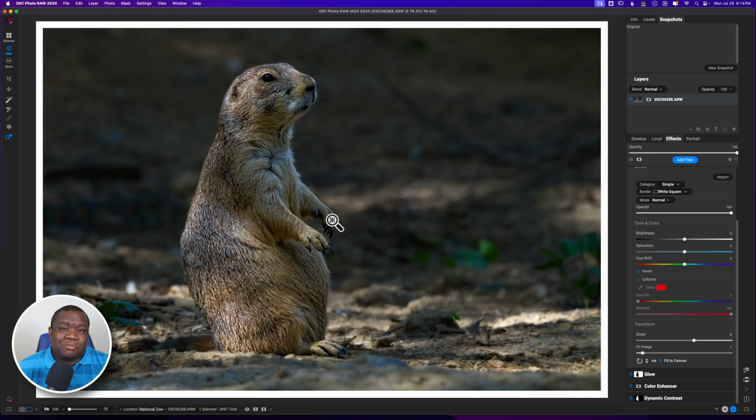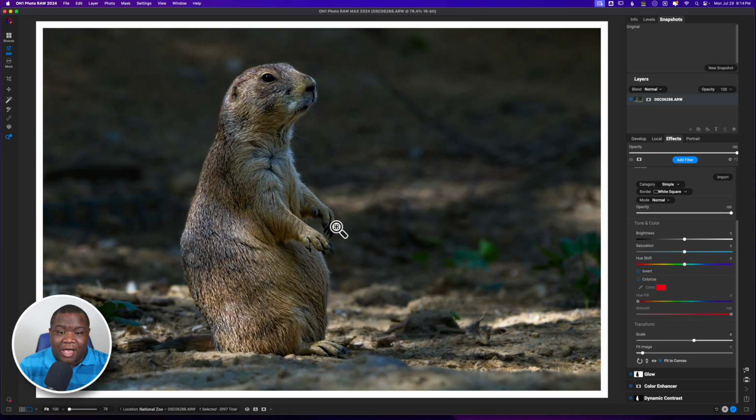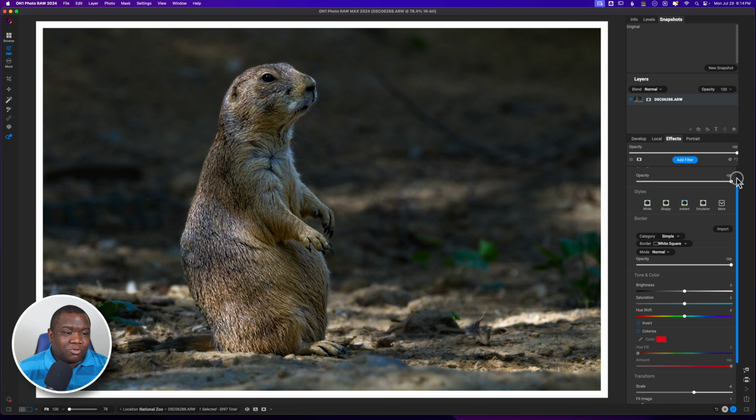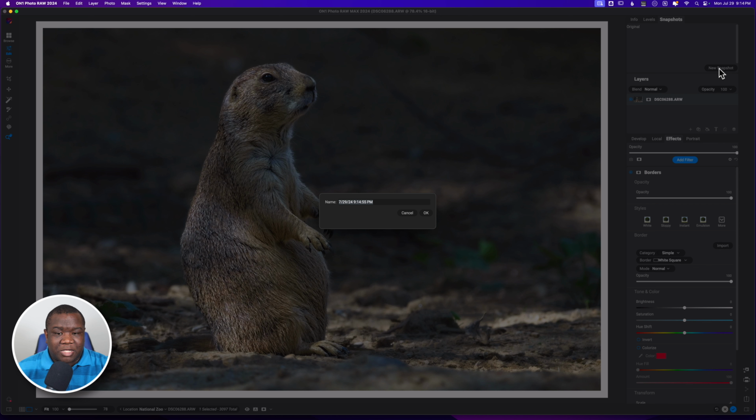And this to me is a much better image overall. This is what I would want for the photo. So here's what we had coming in to the editing, and here is what we have so far. Now, I like to be a little bit more creative with my photos. So what I'm going to do is come up here to snapshot, and we're just going to call this base edit,